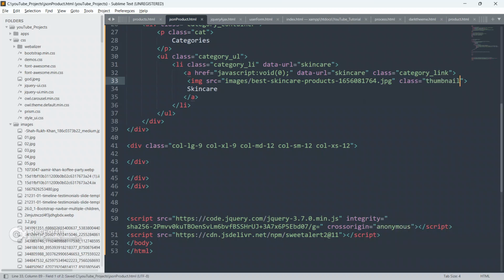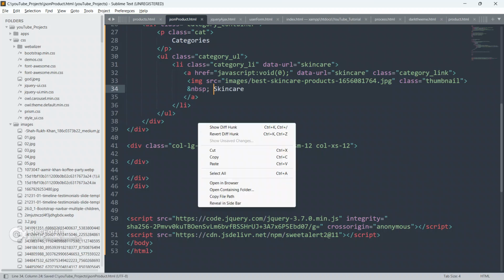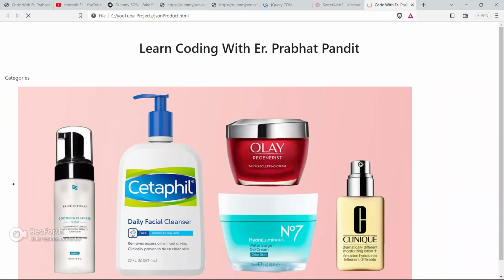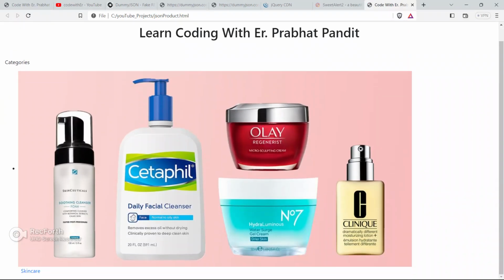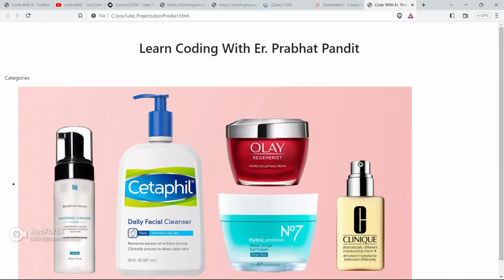Okay, so give it a class as thumbnail. Okay, and for some space, I am going to create a non-breakable space. Okay, so save your code, go to the browser and open it.